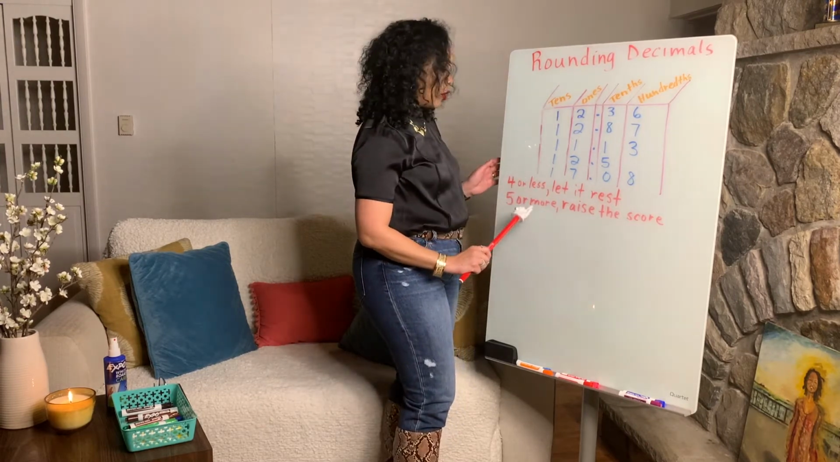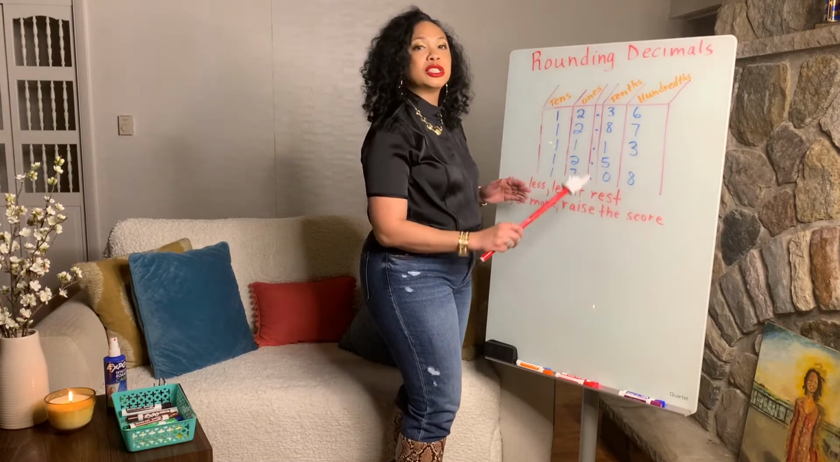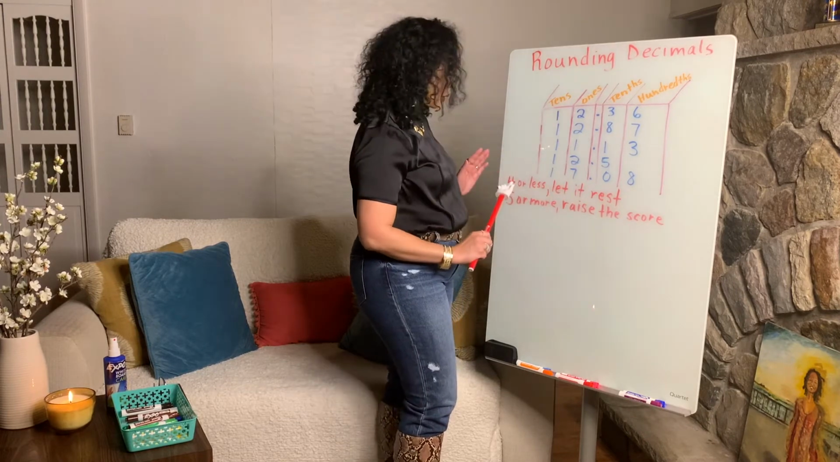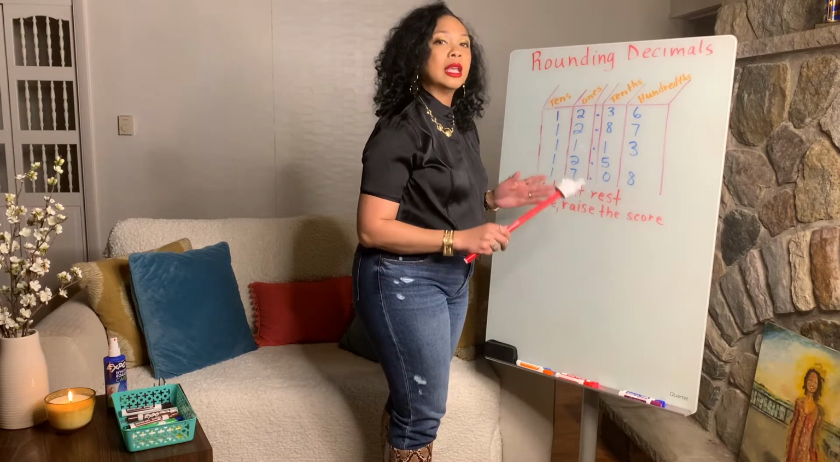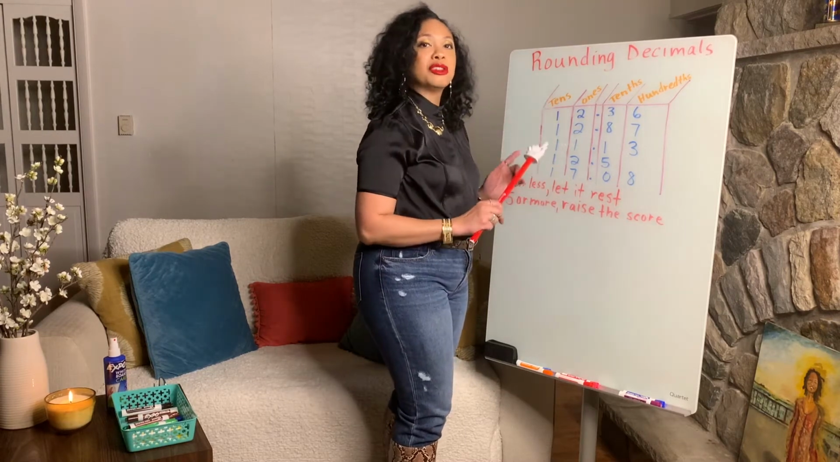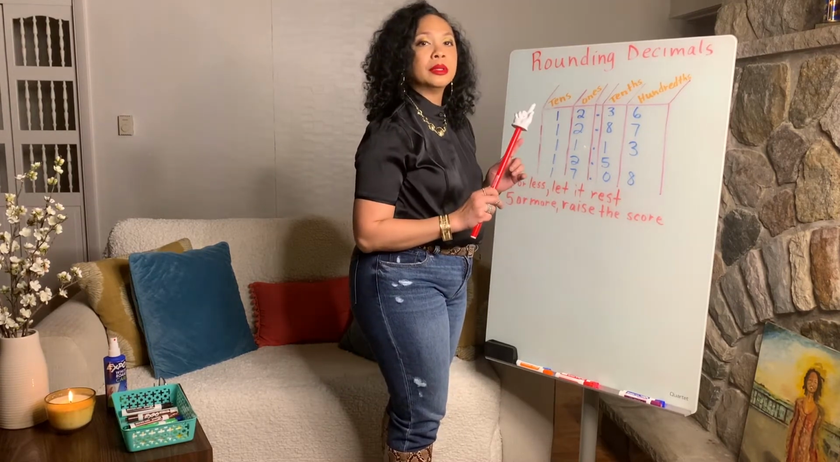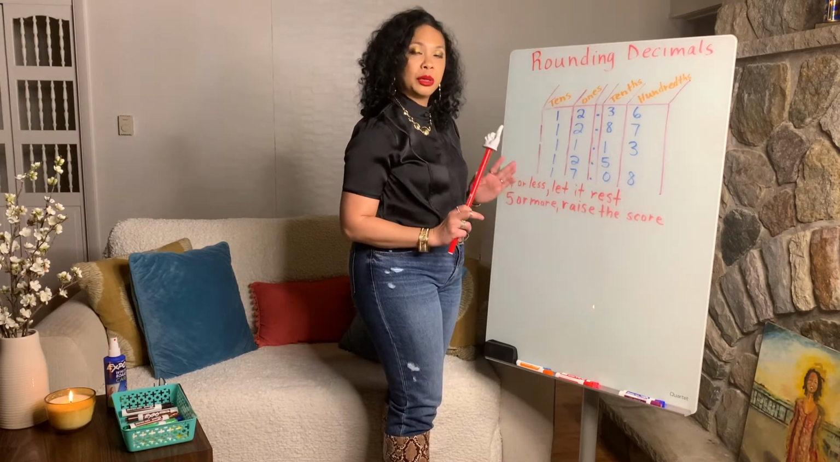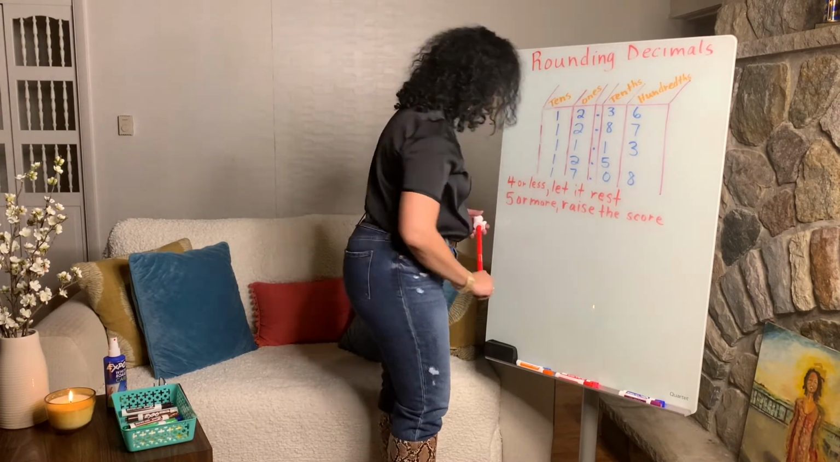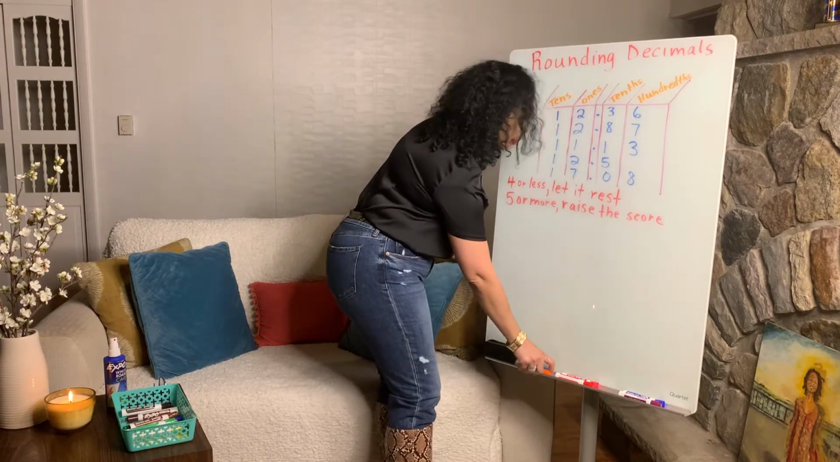And 5 or more, raise the score. If the number is 5, 6, 7, 8, or 9, your number that you're rounding is going to go up, all right, by one number. Okay, so here we go. We're going to practice. All right, let's practice. Let's start with